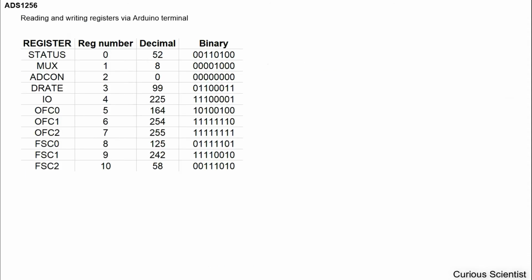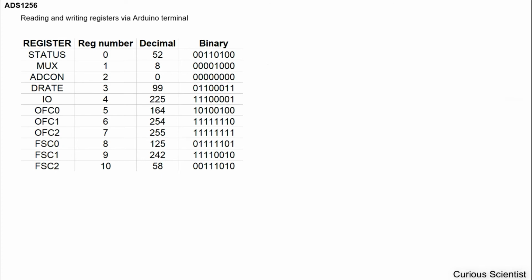So we saw that we have 4 different registers that we will use, and we saw also that they require an 8-bit binary number, and by defining this number we can set up the AD converter to our requirements. So let's see what these numbers are, and let's see how to read and write them. So in my source code, which was introduced in the previous video, and is also in the description of this video,